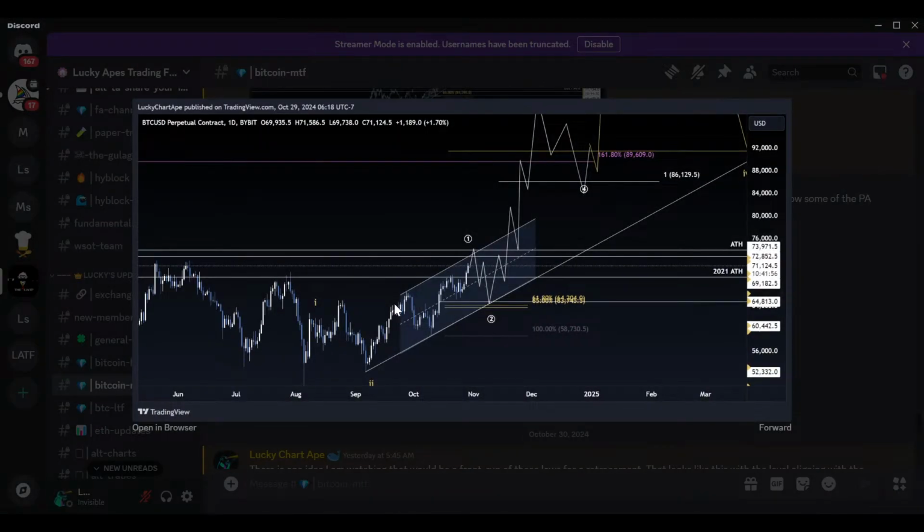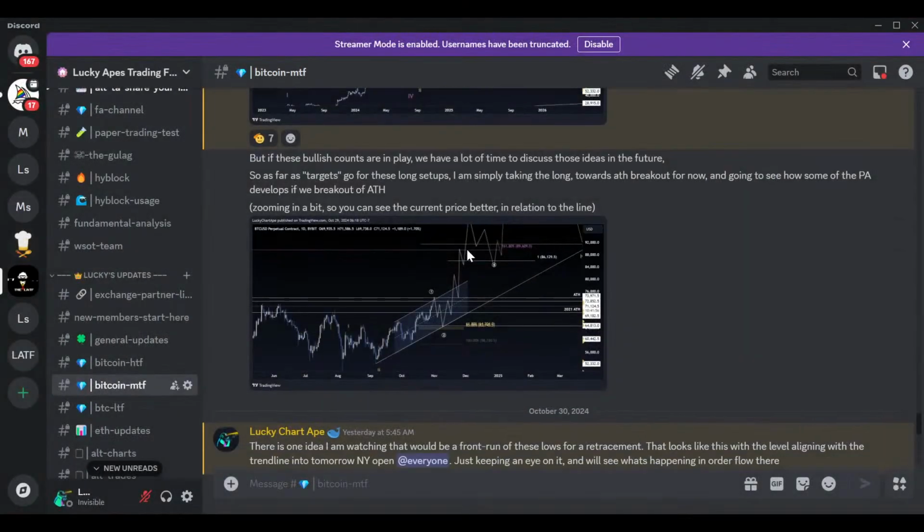Just saying, looking for something like this, you know, move up, maybe wick the all-time highs, front run the all-time highs, put in our 1-2, trading at 64K. And here I have an A, B, C. This is another potential idea for the correction. We don't put in the expanded flat. We don't wick the all-time highs, but I'm going to explain why I like the idea of running the all-time highs, and it still works as a corrective idea.